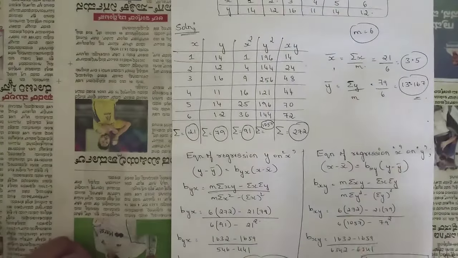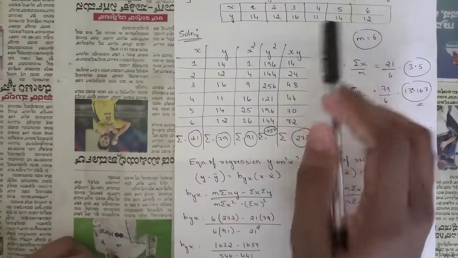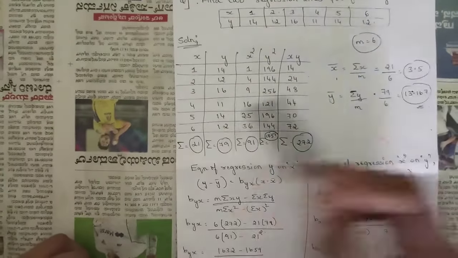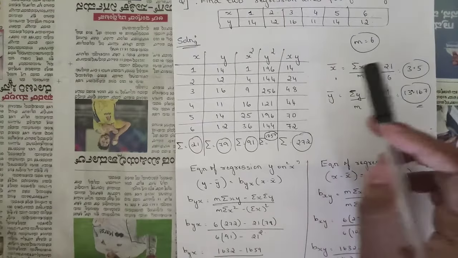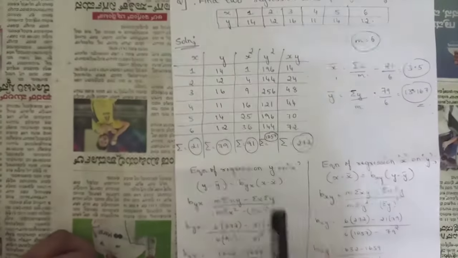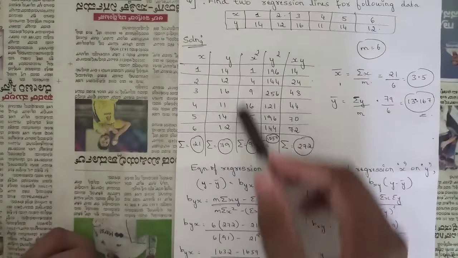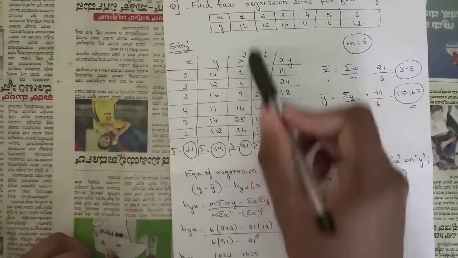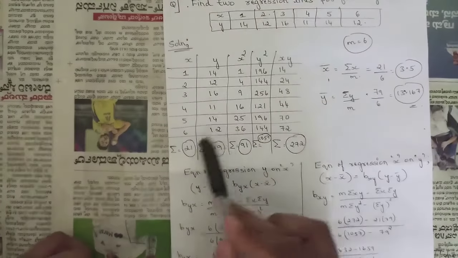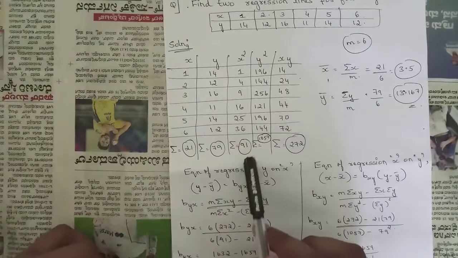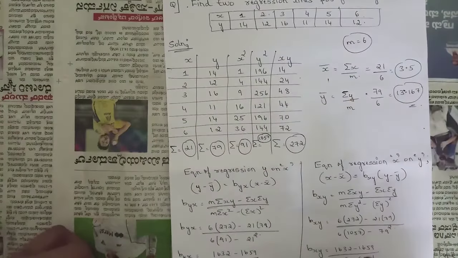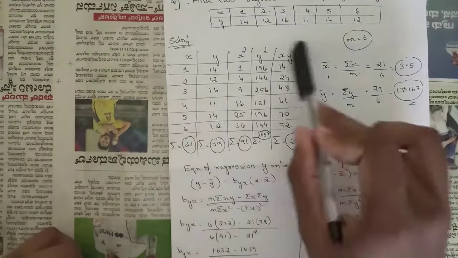Now write the tabular column. Write the values of x, y, substitute, and take the summation, since summation of x is required to calculate x bar, and summation of y is required to calculate y bar. So we need to take the summation of x and y also in this case. For x square, take the square of each x term and sum it up. Here the summation of x we get as 21, summation of y as 79, summation of x square as 91, summation of y square as 1057, and summation of x into y as